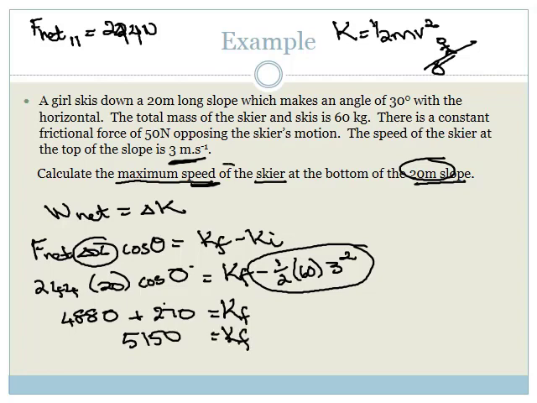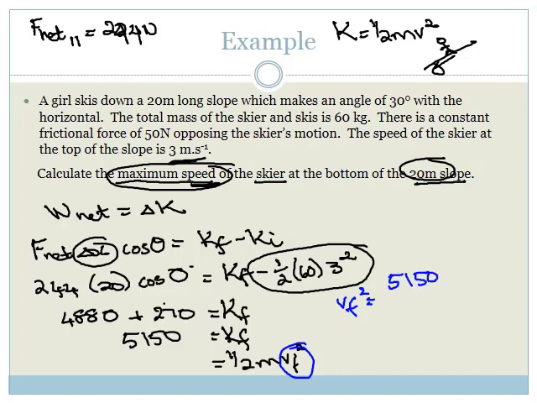But they didn't ask us for the final kinetic energy, they asked for the maximum speed. So that is going to equal a half mvf squared. And we are solving for this vf squared. So therefore, vf squared is going to be 5150 divided by a half times the mass, which is 60. And therefore, vf is going to be the square root of 5150 divided by 30, which is